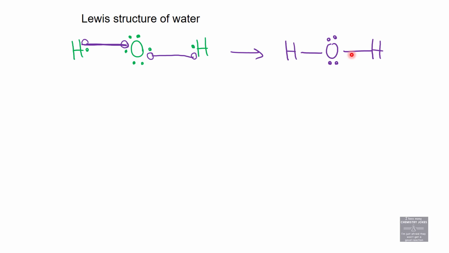Hydrogen has 2 electrons. Oxygen has 8 electrons. Something that students are frequently confused about when talking about Lewis structures. Lines count twice. So shared electrons count for both atoms. So these 2 electrons count toward hydrogen being full. These 2 electrons also count toward oxygen being full. So when I say oxygen's got 8, that's because I'm counting 2, 4, 6, 8 around oxygen, 2 around hydrogen,